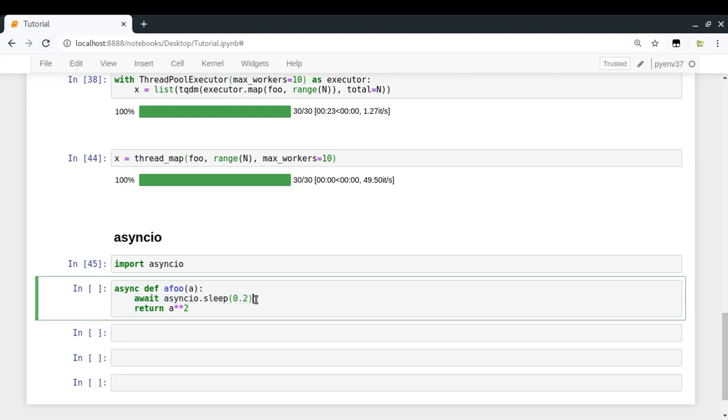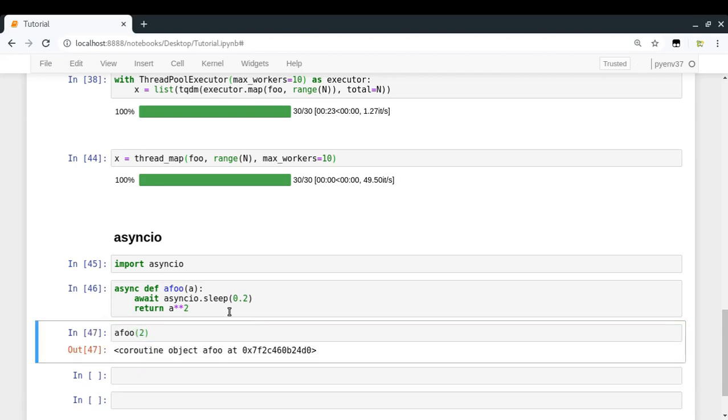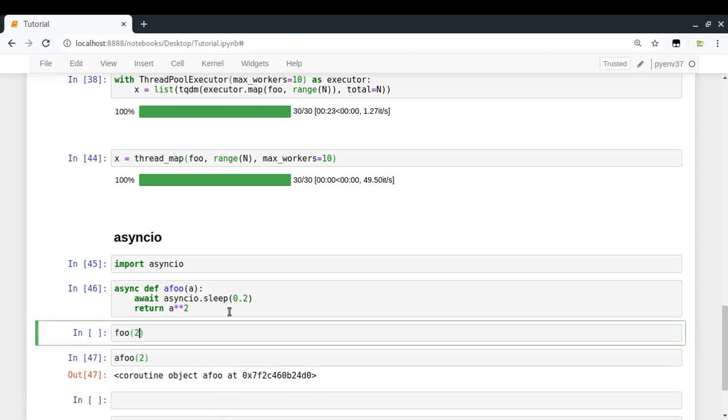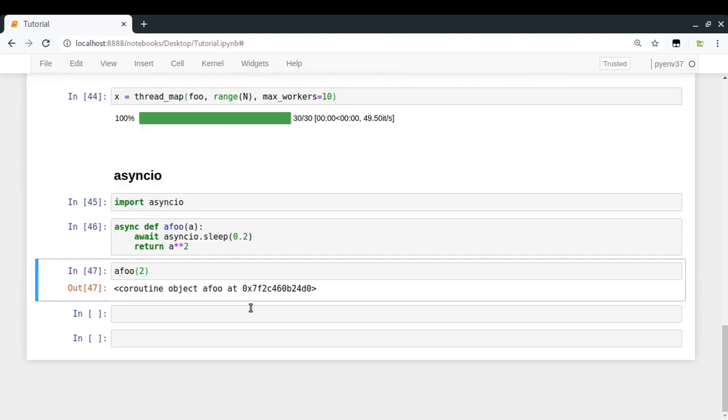So here, let's say multiple foo tasks are running, then when this particular part of the code is reached in a particular task, that task will block itself for some time and some other task can run in the meantime. That's what is happening. So this is my simple function, and let me try to show how to run this. Let's say I'm doing foo(2). Actually I am not getting the result. If you call a normal function, you get the result, right? But foo(2) will return a coroutine object because it's a coroutine.